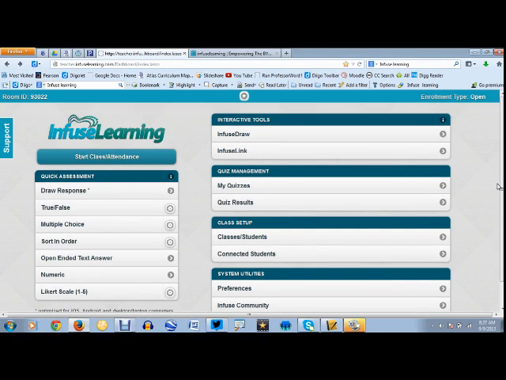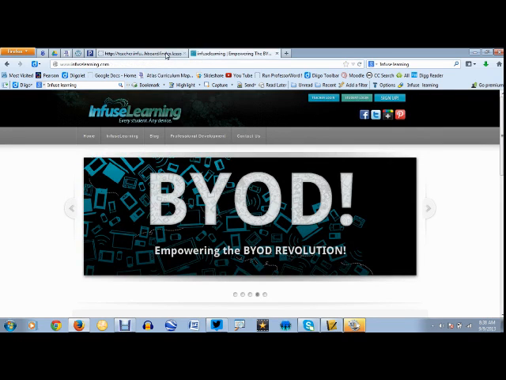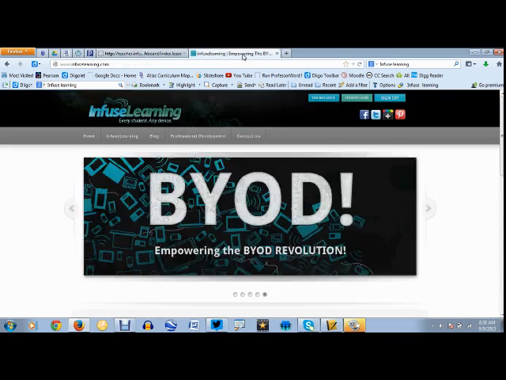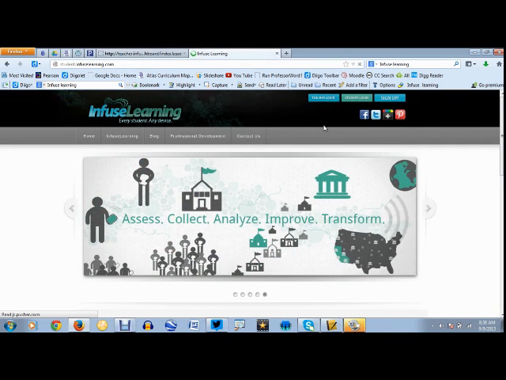Okay, the tool I'm going to be demonstrating today is Infuse Learning, and Infuse Learning is a student response system that you can use to check for understanding in your classes. What I'm going to do is toggle back and forth between my two browser tabs here. And here's the Infuse Learning start page, and I've already signed into this. Here's my dashboard. And I'm going to just click here with the student login